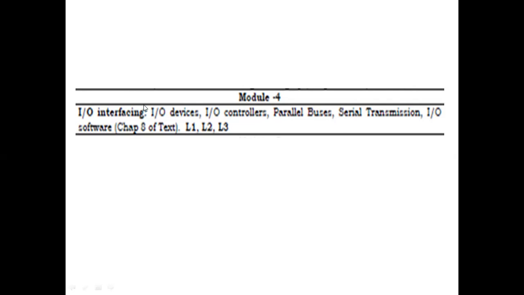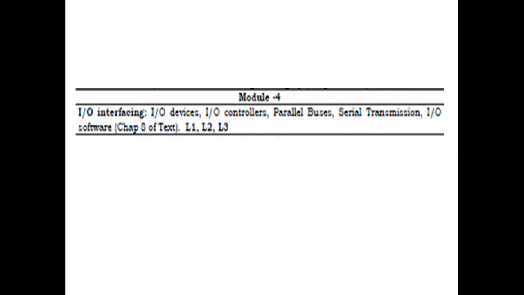Here we have moved out of the IC, like in module 3, where we dealt with all the details inside the IC. With respect to IO interfacing, now we are dealing with the details outside the IC, how input and output devices will be interfaced with the IC or with the embedded system.